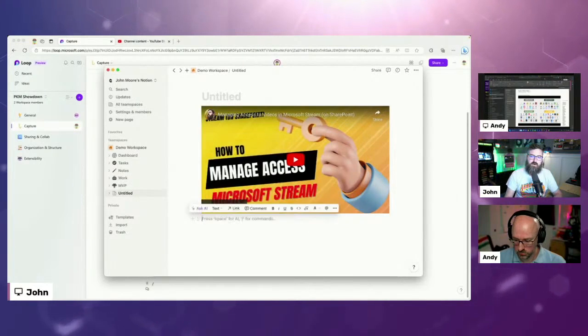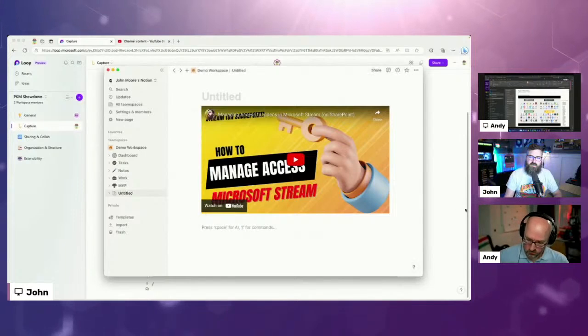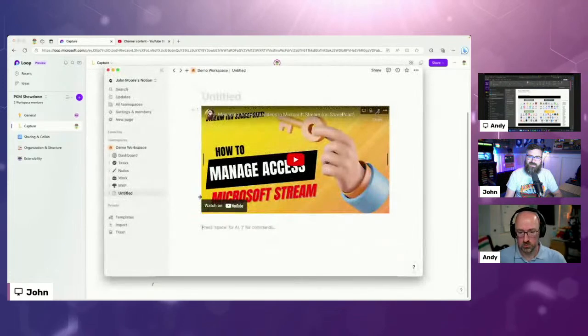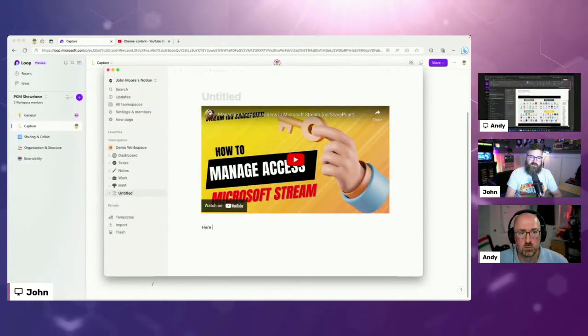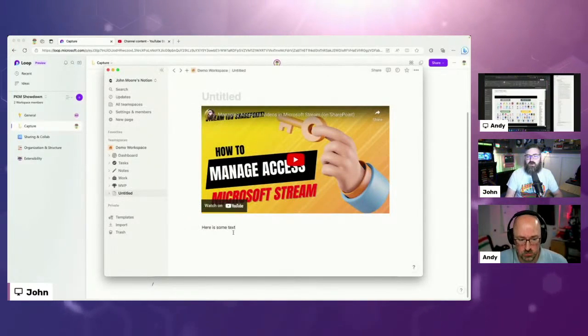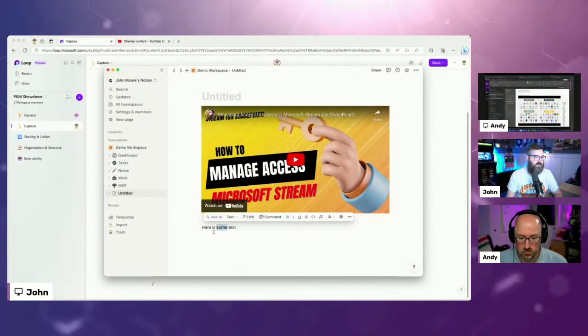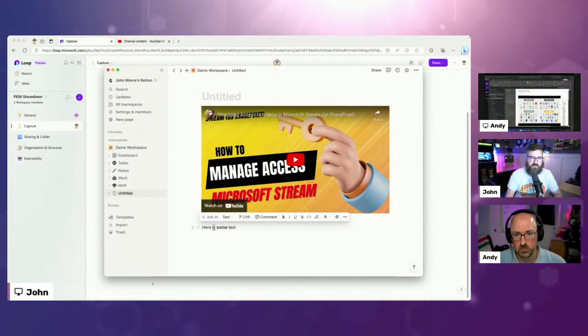Now, one thing that we touched on a little bit was the formatting stuff and how it works with Markdown and also rich text. Here is some text. If I learned Markdown and the keyboard shortcuts, I could be faster about things, but I can do the standard: I can bold something. I can make this italics. I can make this one underlined.